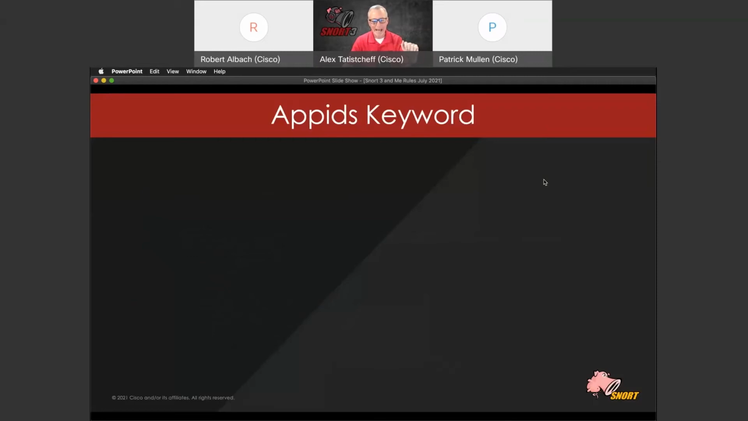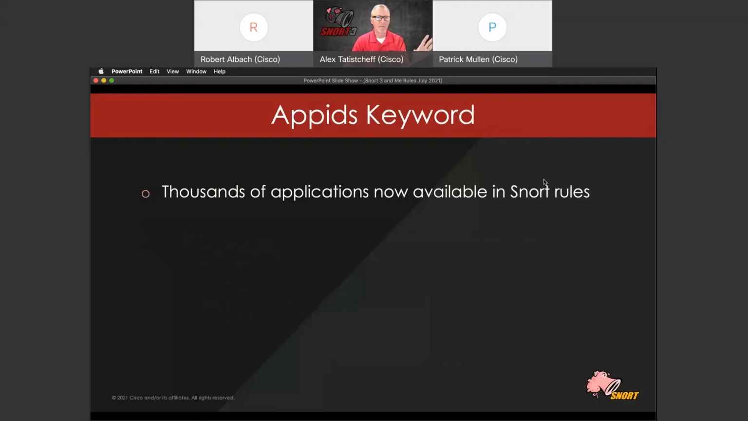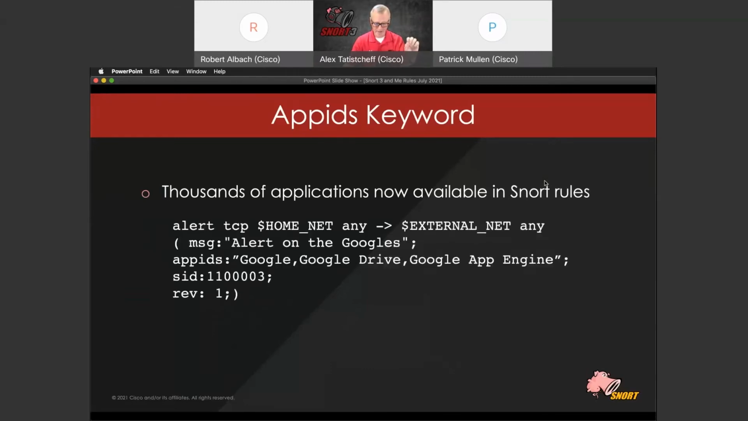Another one is the app IDs keyword. So we talked about services already. You can use those in the rule header, but there's also an app IDs keyword. And there are thousands of applications you can put in there. So here's an example. Remember, this is open source Snort. It's not the product. So you can actually write a rule to look for